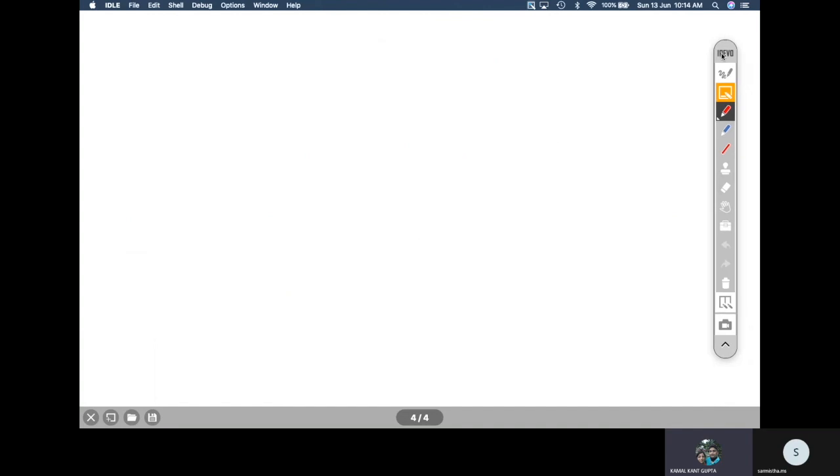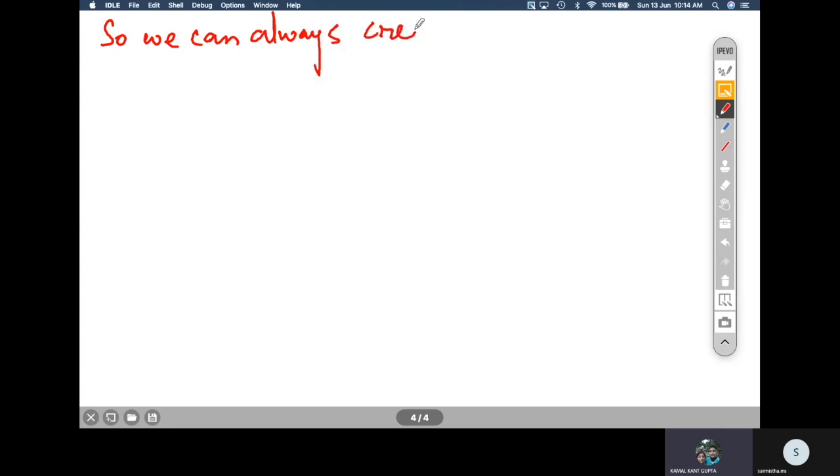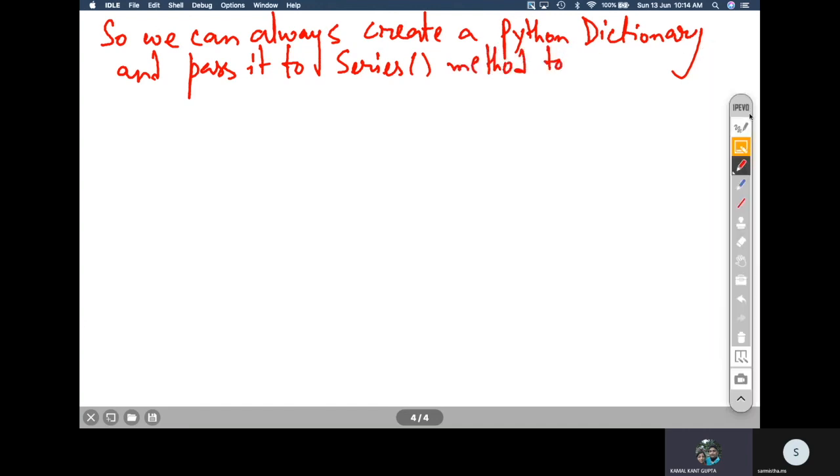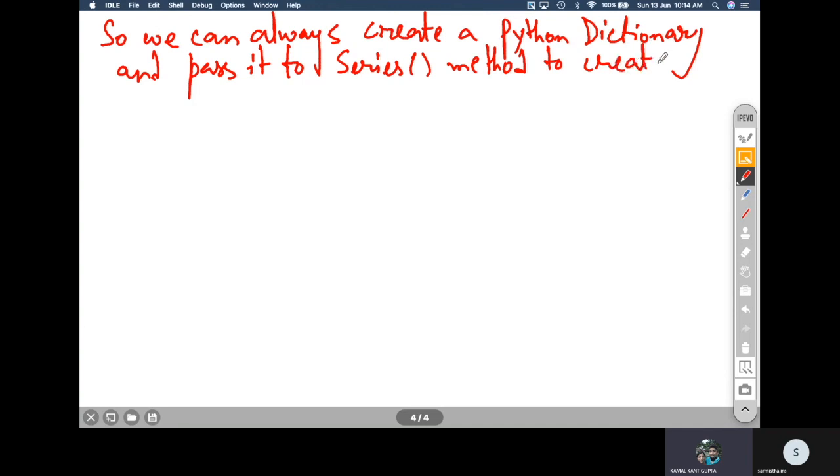So we can always create a Python dictionary and pass it to the series method to create a pandas series.